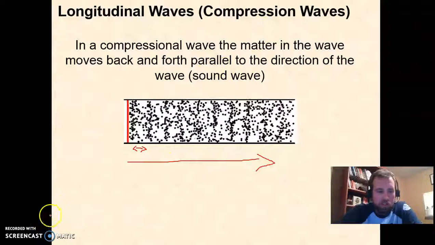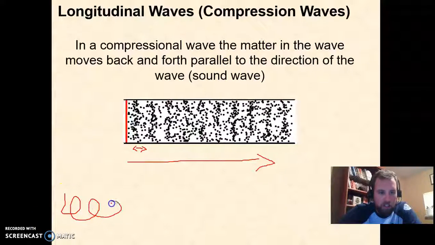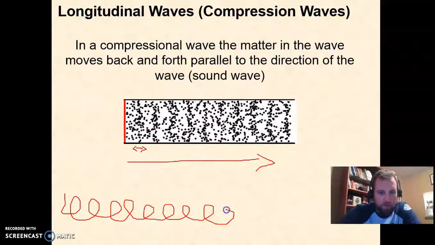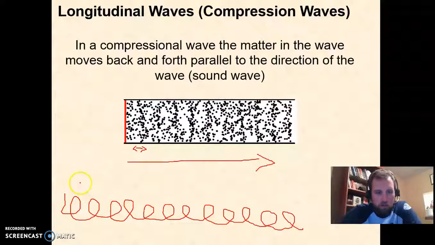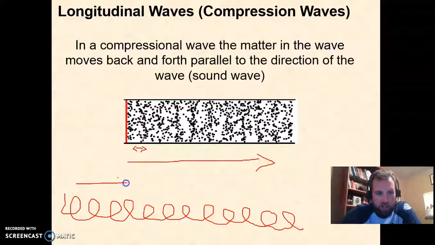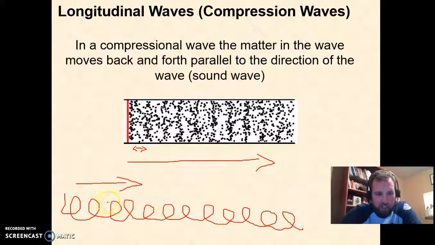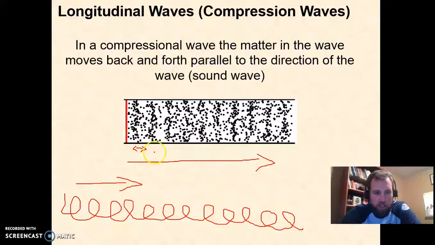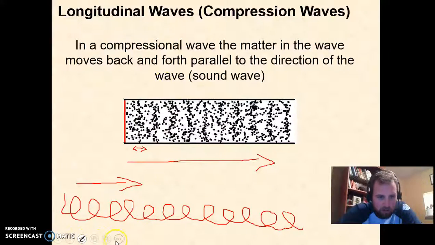So if you guys were going to draw something here, you guys could draw something kind of like a slinky. This is a terrible one, but you guys will get the idea. So as you sort of pull back on a slinky and you let it go, right, the energy moves from left to right, and the individual slinky parts move back and forth in the same direction, just like you see these individual dots moving back and forth. So make sure this gets in your notes and this picture.